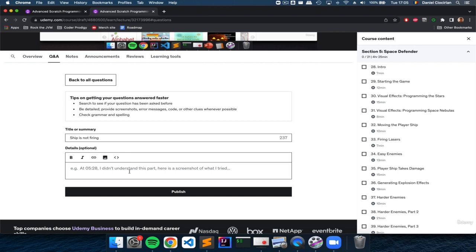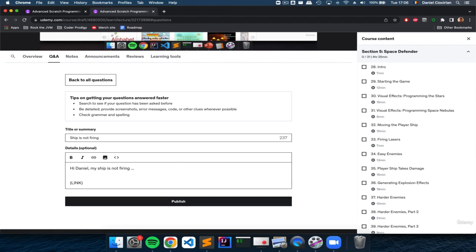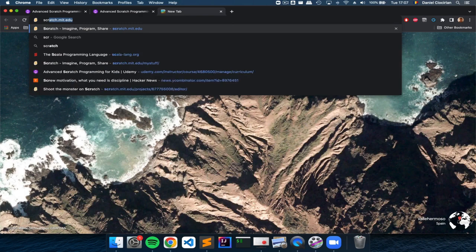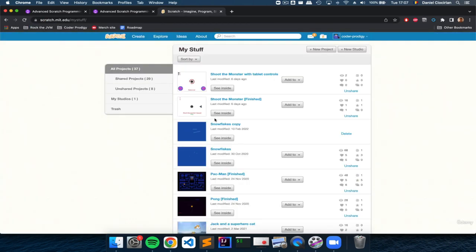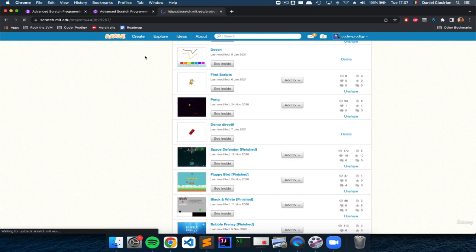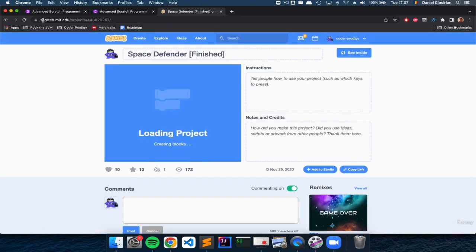And here under the big box, you can say, "Hi Daniel, my ship is not firing," and everything else that you're trying to do and it doesn't work or you need my help with. And very, very, very importantly, I will need a link to your project so that I can take a look at your code and tell you where the problem is and what you can do about it. So if I navigate back to scratch.mit.edu and assuming that I have a problem with, let's say, Space Defender, I will need this link, the link